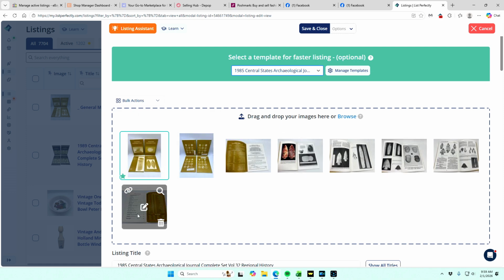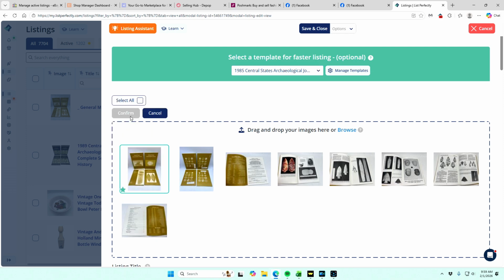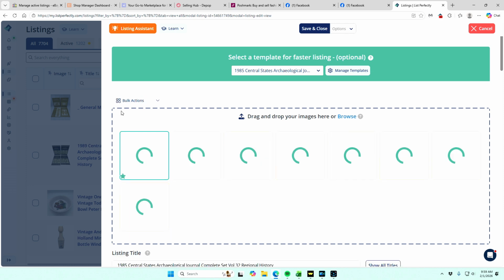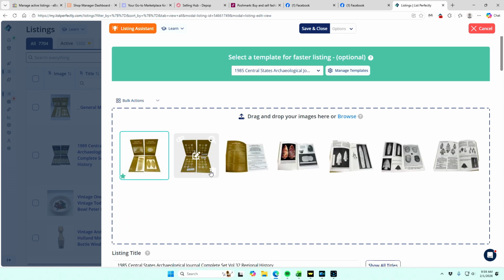I know some people don't like to do that. Some people do, but that's a discussion for another day. Although you can leave in the comments whether you remove backgrounds or not. So I just do a plain white background. We're going to select all, confirm, and that's going to go in and quickly remove all the backgrounds, get it